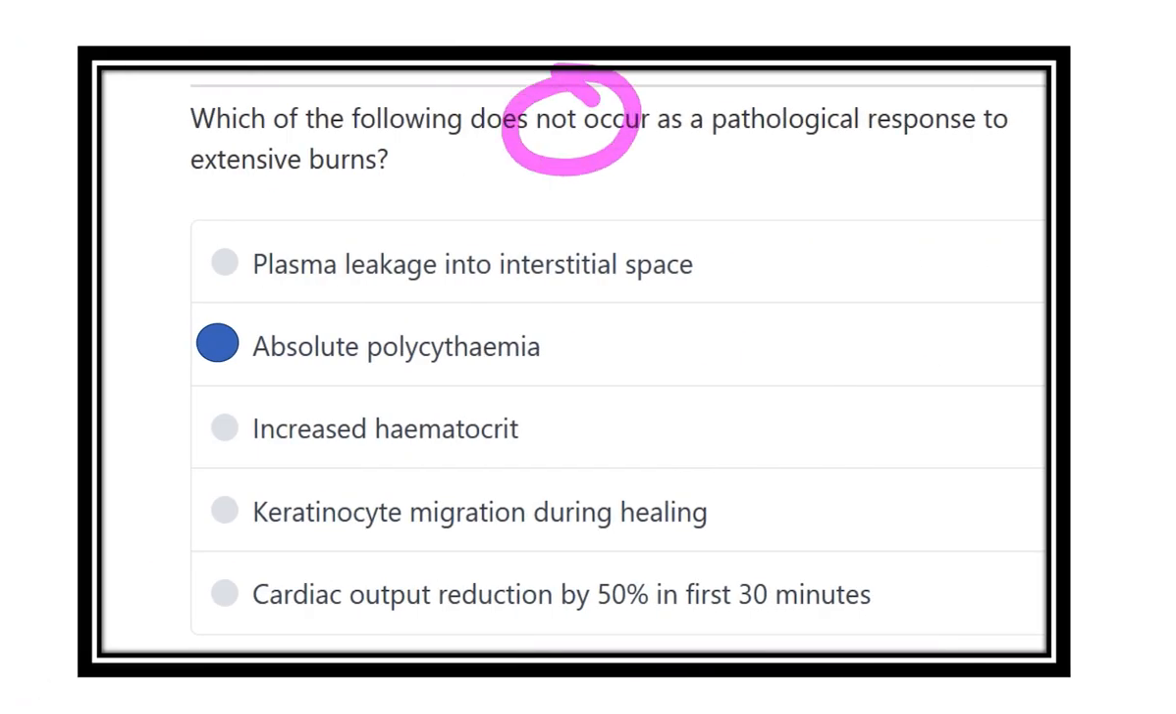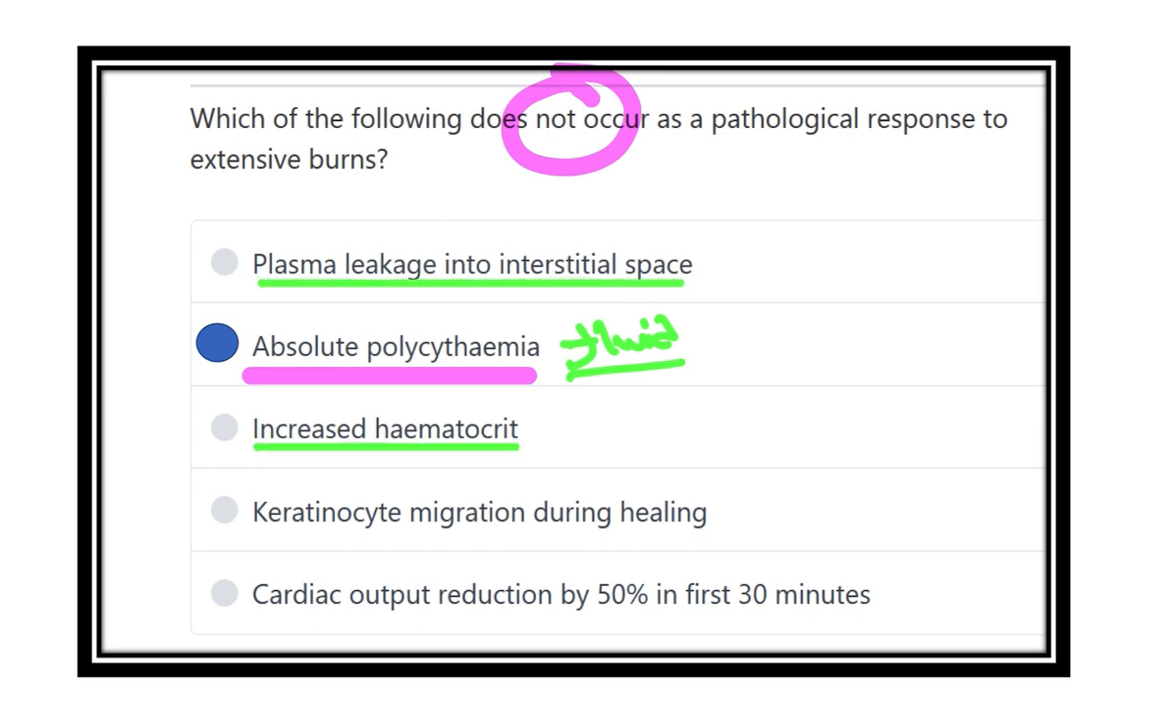So which does not occur? This is absolute polycythemia. Polycythemia is present here, but it is present due to fluid loss. When there is fluid loss, with a smaller amount of fluid there is a high concentration of RBC. So in this condition, it is not absolute polycythemia, it is relative polycythemia. Plasma leakage into the interstitial space is true. Increased hematocrit is also true. Keratinocyte migration during healing is also true. Cardiac output reduction by 50% in the past 30 minutes is also true, because with blood volume loss, cardiac output also